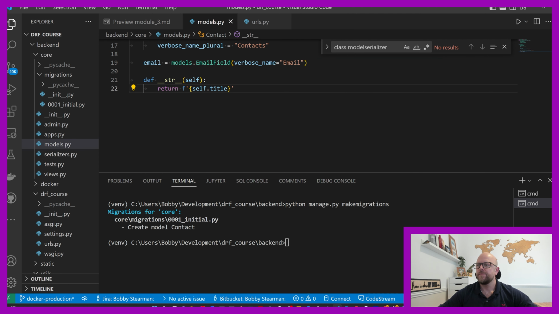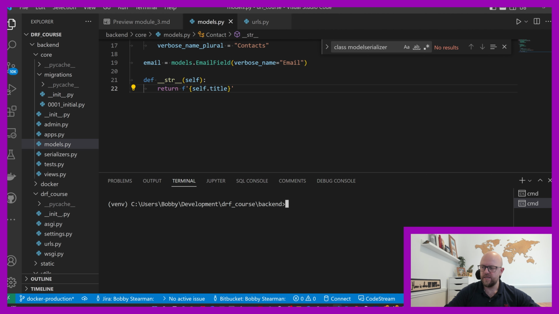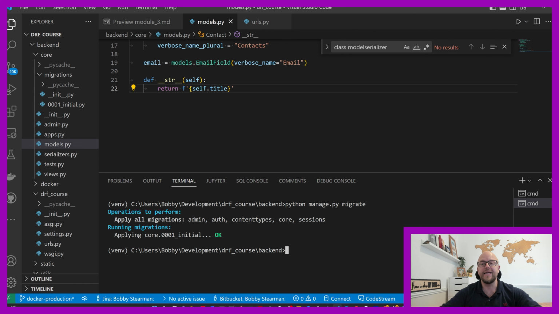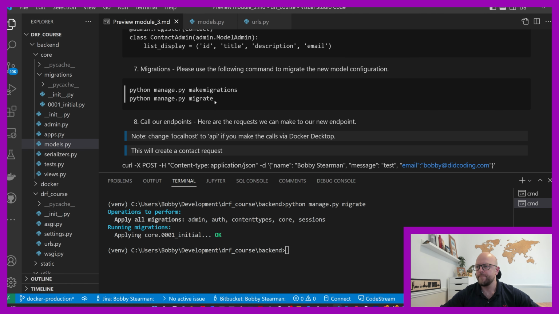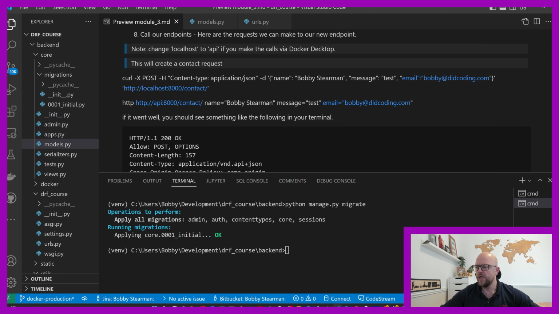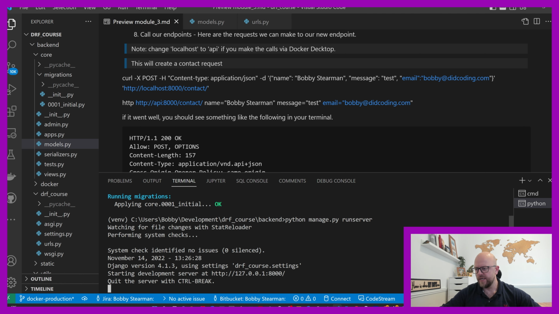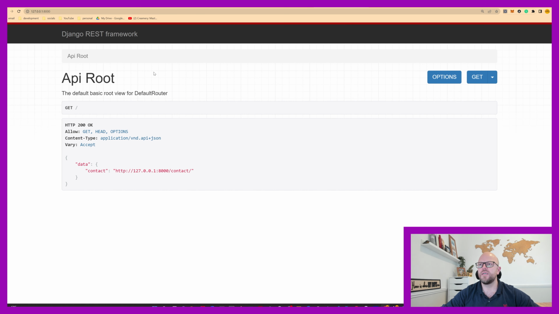Okay, go back in our terminal. We'll go python manage.py migrate. Now I'll commit that to the database. Okay, and now we go python manage.py runserver. Okay, if we visit that, and